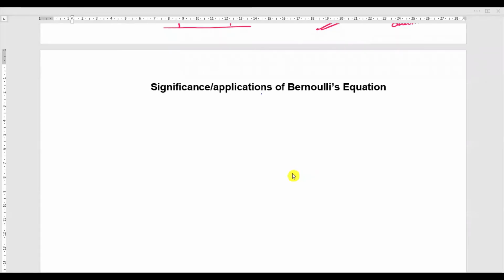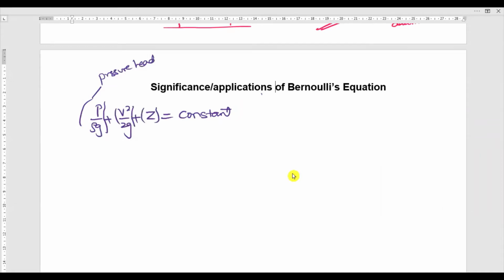Friends, in today's class, we will discuss the importance, the significance and the applications of Bernoulli's equation. Bernoulli's equation is P by rho g plus V square by 2g plus Z is equal to constant. So this is Bernoulli's equation. It states that the sum of three energies, pressure head energy, velocity head and potential energy, is equal to constant at a particular point or at a particular section in